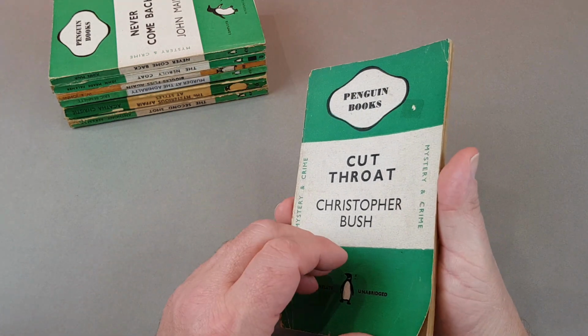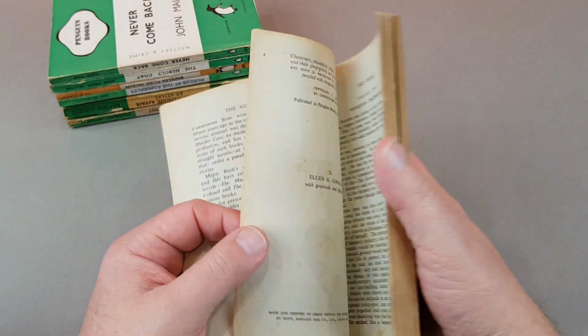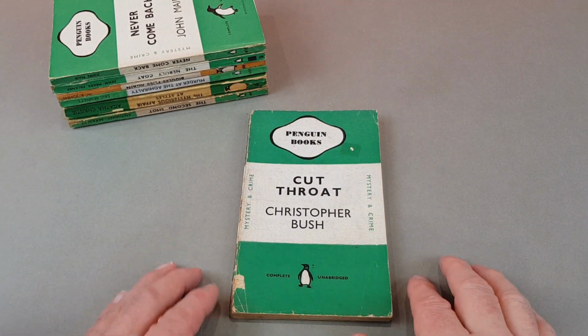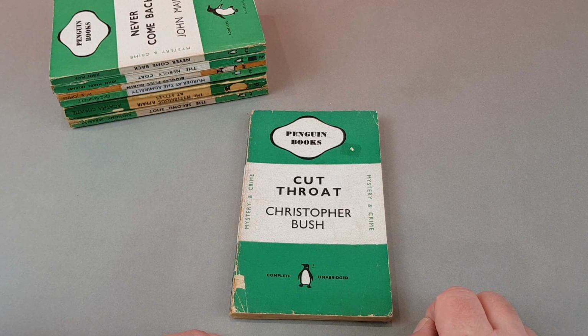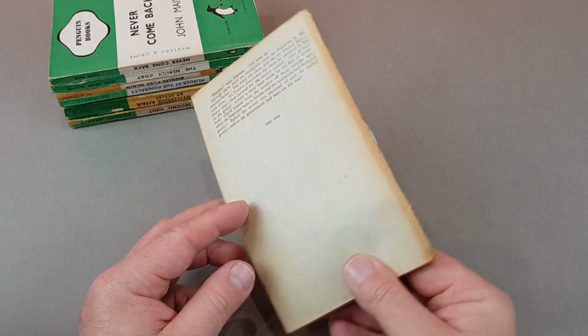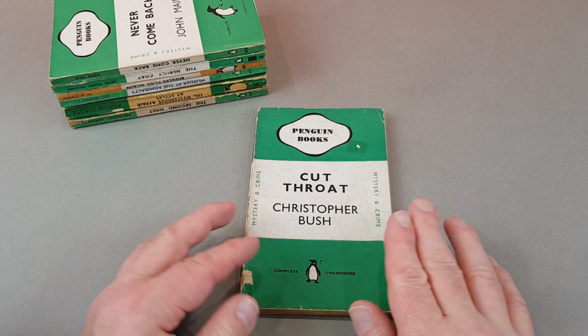Once again, very, very scarce. My copy of this is very delicate. I got it dirt cheap. October 1942. I can't remember exactly what I paid for this one, but it was maybe £10-15, something like that. I thought, well, it's got no back cover, but the book was all there, and I could always put a back cover on, possibly from a donor book, and I might consider doing that. But to be honest,